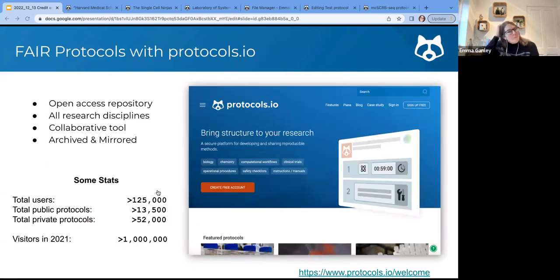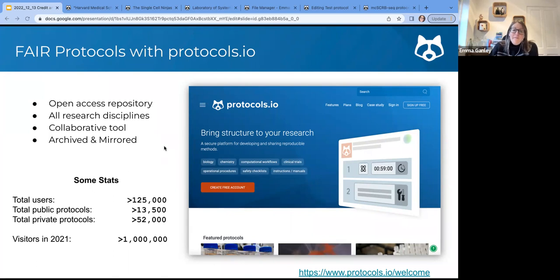So now let's talk about how most people share using protocols.io. It is initially, I guess, primarily an outwardly facing public repository. So it's an open access repository. There are over 13,500 public protocols on there. And for anyone new to protocols.io, there are two sides. So with this open access repository, all of those 13,500 public protocols are discoverable with a CC BY license, a very open license, making them free to read, use, and reuse. And it's also free to create an account on protocols.io and publish protocols.